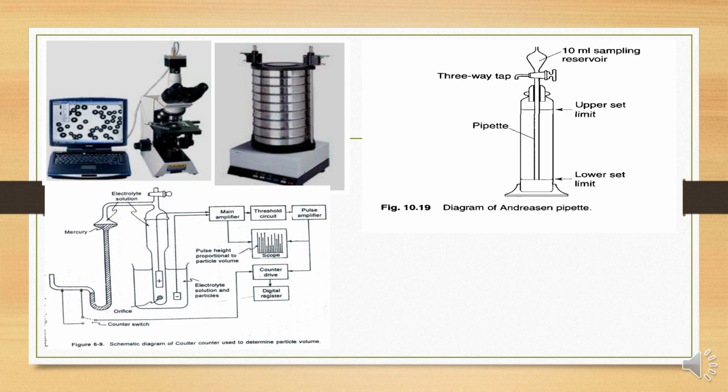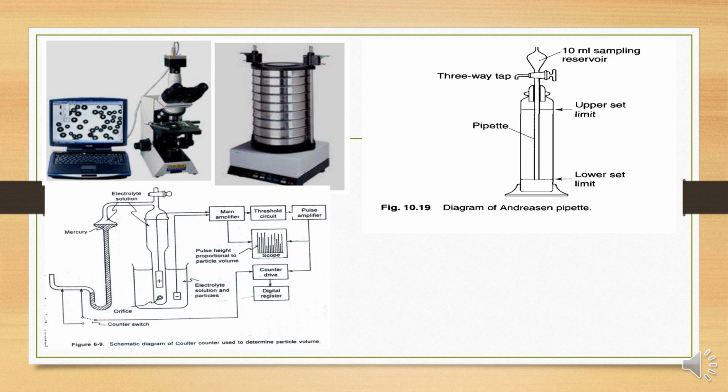Going to the advantages, under each method you have to specify the advantages also. This method helps the observer to view the particle and the agglomeration, and we can use a cover slip to avoid the motion of the particle. It is an easy and simple method. Going to the disadvantages, we only get a diameter obtained from two dimensions, it is a slow and tedious method, and the determination needs a large sample requirement.